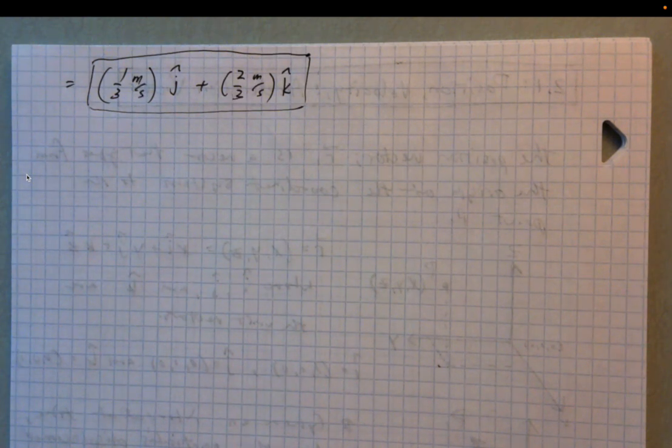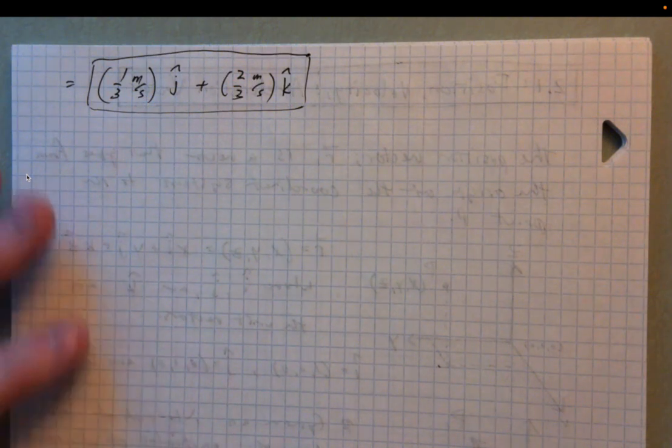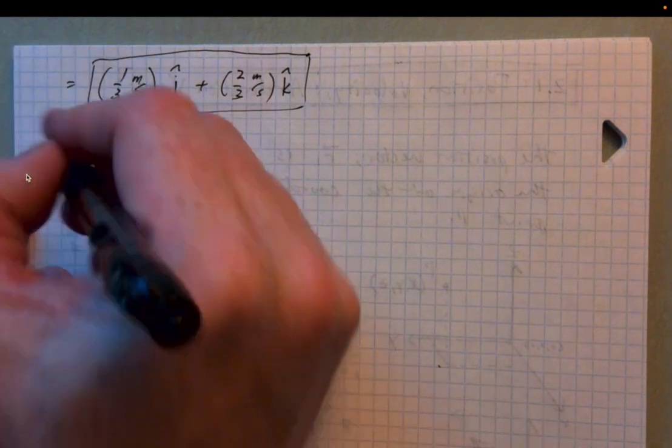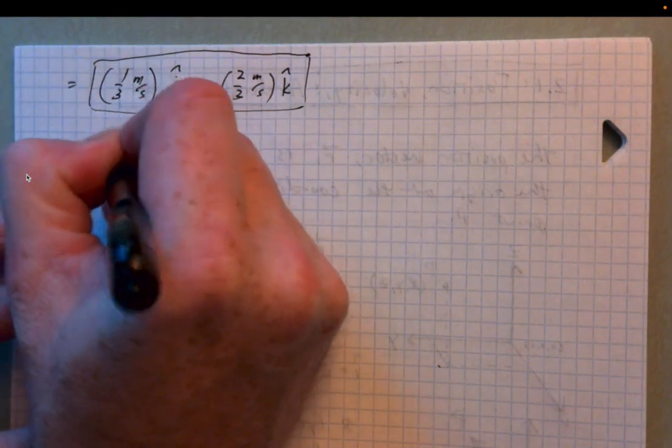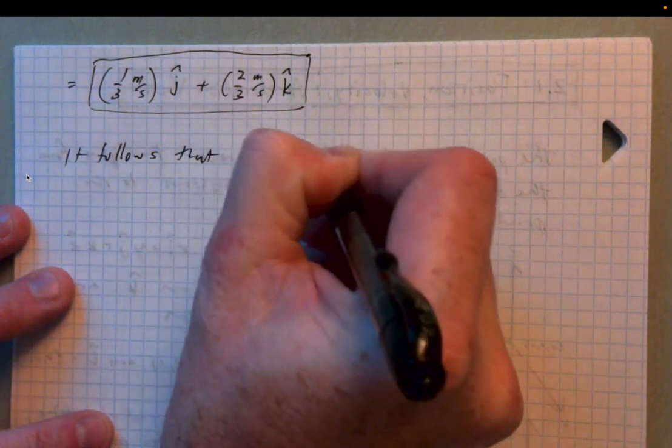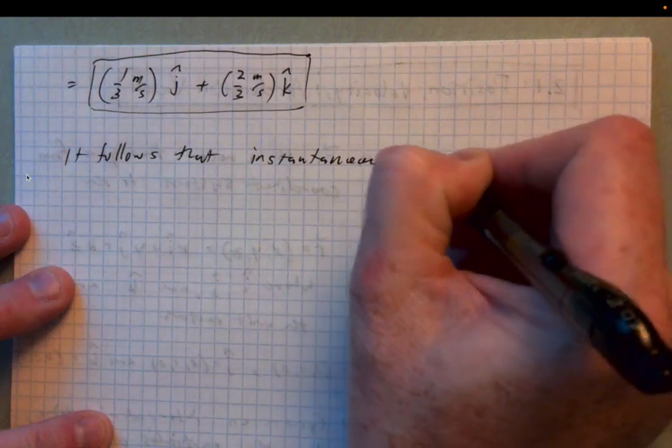Pretty straightforward. You just have to remember your vector arithmetic, how to write vectors, and how to add and subtract them. Given how we've defined average velocity, instantaneous velocity is going to follow in the same manner as it did in the straight line motion example. So it follows that instantaneous velocity